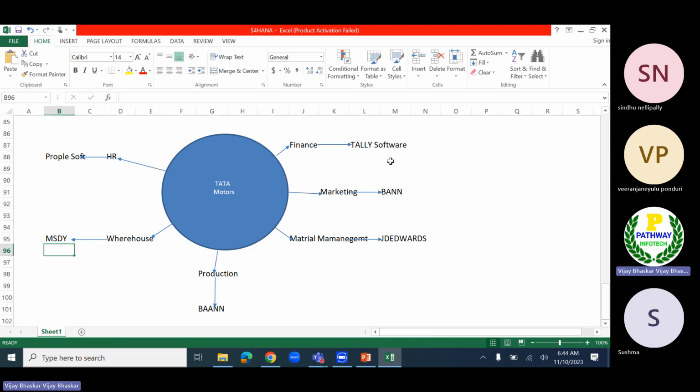But now here we do not have one common database. Individually they are using their different kind of